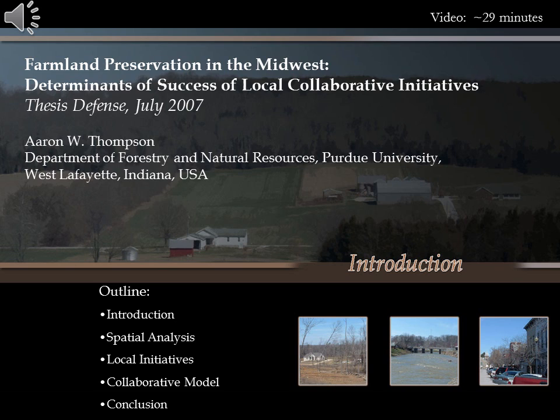The first involved a spatial analysis that looked at land cover data across the Midwest, or specifically across Indiana and Illinois, and looked out over, I believe in that study it was a 10-year period, comparing land cover from what at the time was 2005 data to 1995 data effectively. And what we determined is that between the two states more than 1 million acres of farmland had been converted into housing developments during that 10-year period of time. So this was a really incredibly rapid rate of farmland loss.